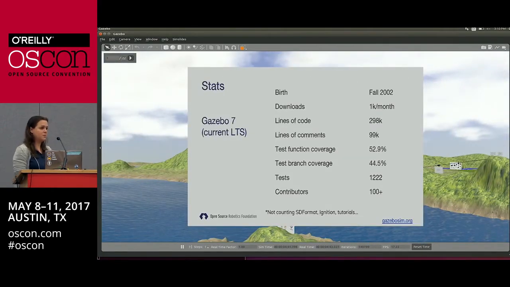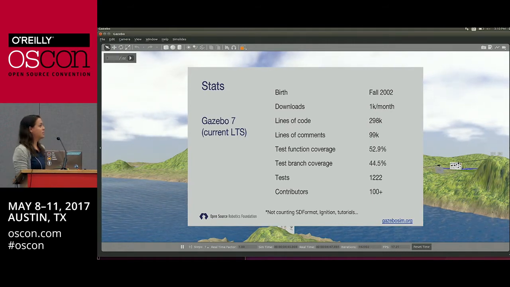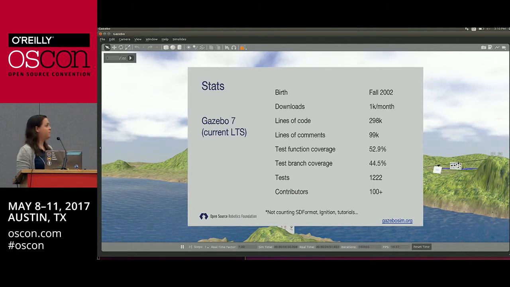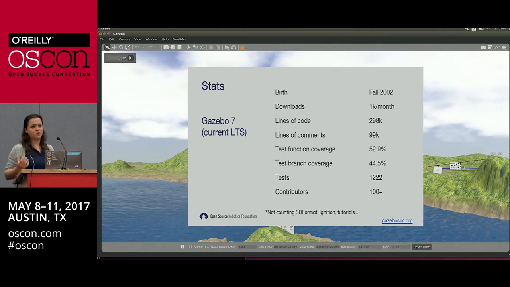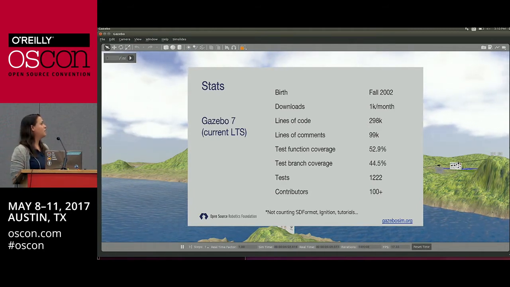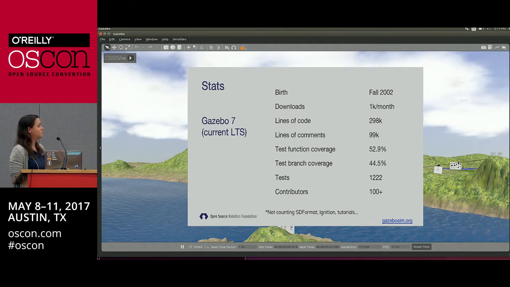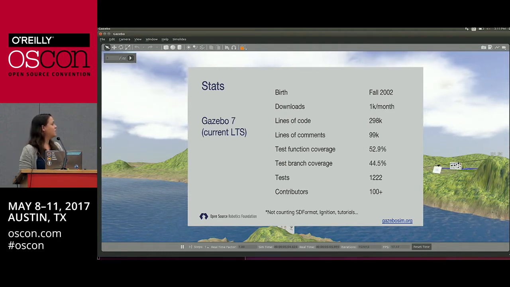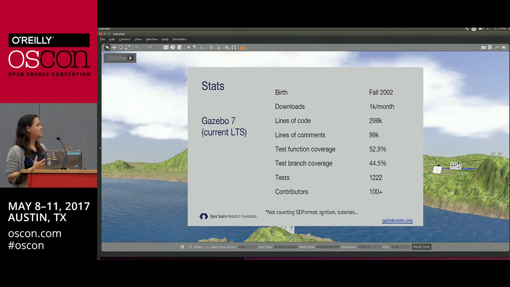So some statistics about Gazebo, just to give you some context of the order of magnitude of the project. It's been around for 15 years. It's been open source and free since the very beginning. We have about 1,000 downloads per month, but with open source, it's always hard to really measure how many users you have. There are a lot of lines of code, and I have some statistics there about testing, but it's important to notice that this is all